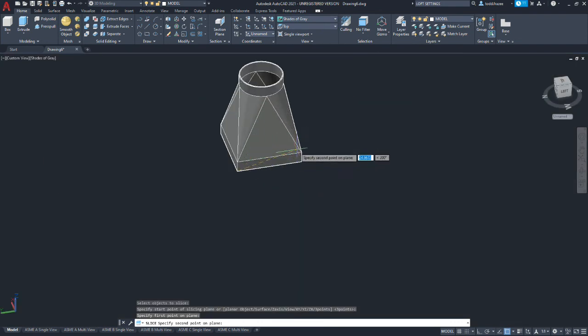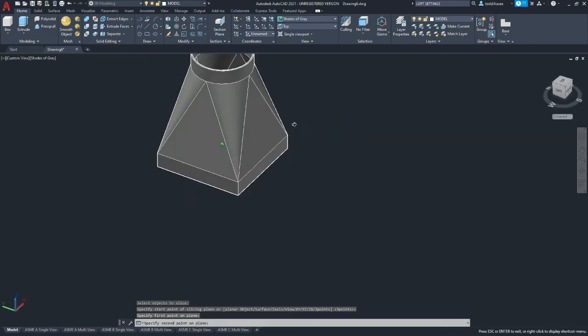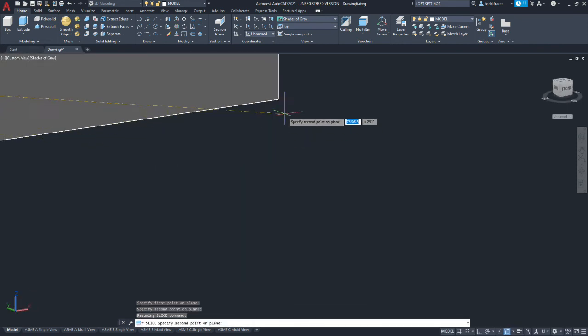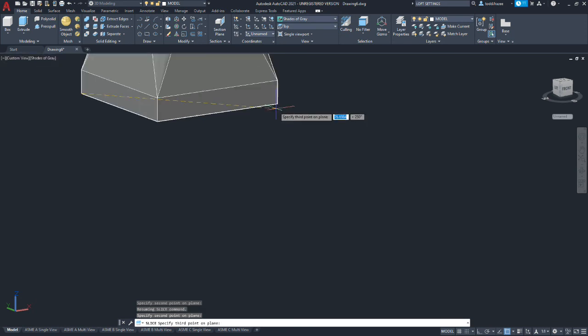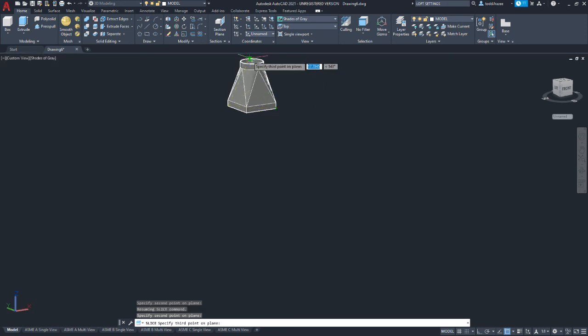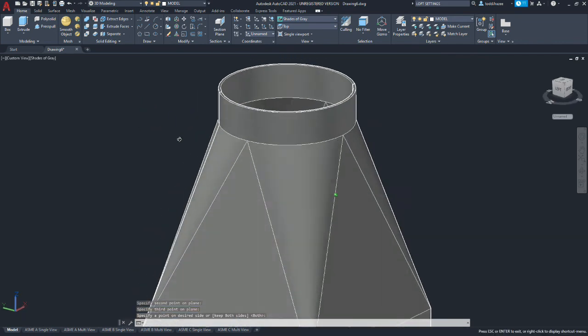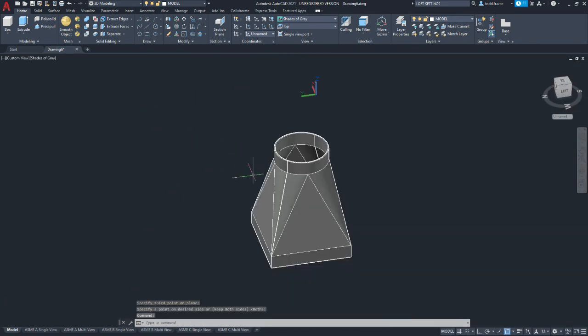Okay, so we're going to go from outside corner to the opposite outside corner. And then we can go up to the center of the top circle, and that should give us a plane. And it asks you if you want to keep both sides or not. Yes, we do. So we'll take the default. And we've now sliced the model in 2 pieces.